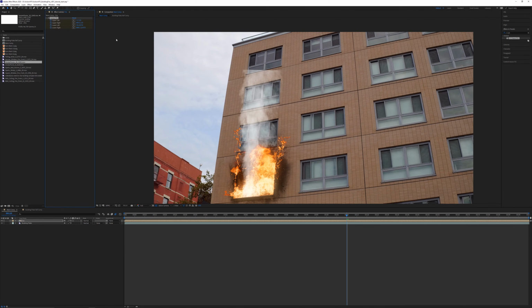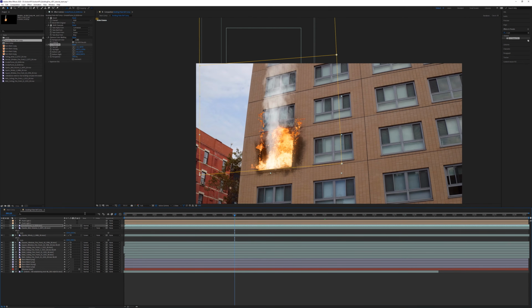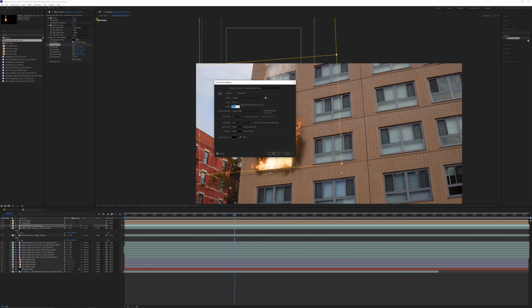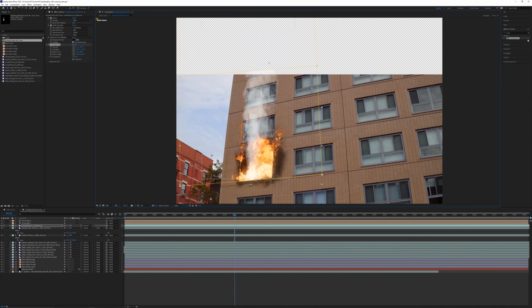Now, because the corner pin was pushed to the corners, this next step is going to work. If you are using corner pins directly and you are kind of aligning your comp to one of these windows, for example, as a square, this is not going to work. But in this case, it will. Go back into this composition, do Control K. We can just make this entire comp a perfect square. And then we can pull this smoke up as high as we want.